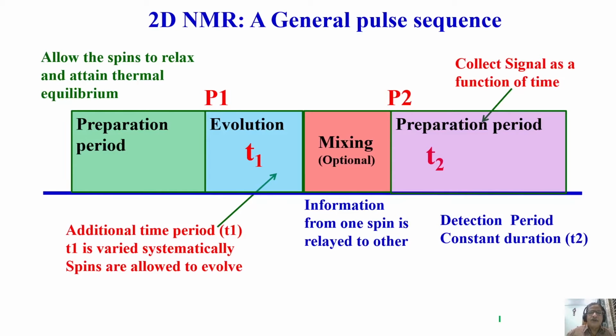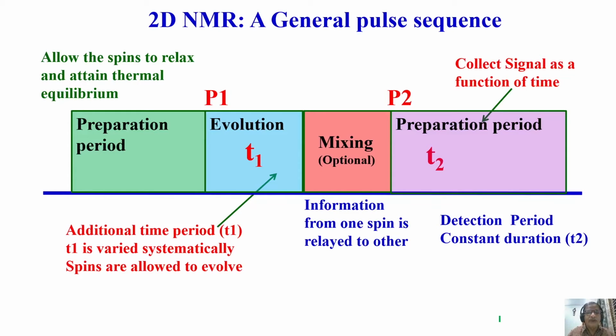In the 1D NMR, you get the chemical shift information on the x-axis and the intensity on the y-axis. Of course, we are not very much worried about the intensity at the moment. We are worried only about the time period to discuss the dimensionality. So, one-dimensional NMR is simply, remember, because of one time period, and you do a single Fourier transformation, you get a single frequency domain spectrum.